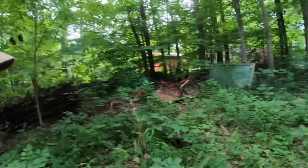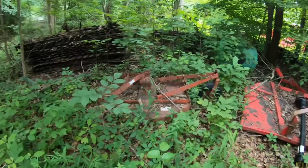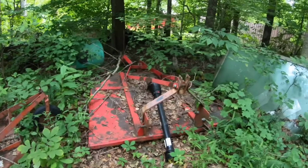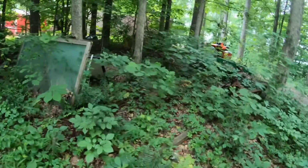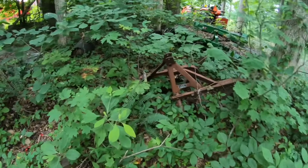So I'm back here kind of in the land of forgotten implements, and there's a 4-foot rotary cutter, there's a 6-foot rotary cutter, there's a whole bunch of glass patio doors that were going to be a greenhouse. What else we have over here? There's a one bottom plow, looks like,